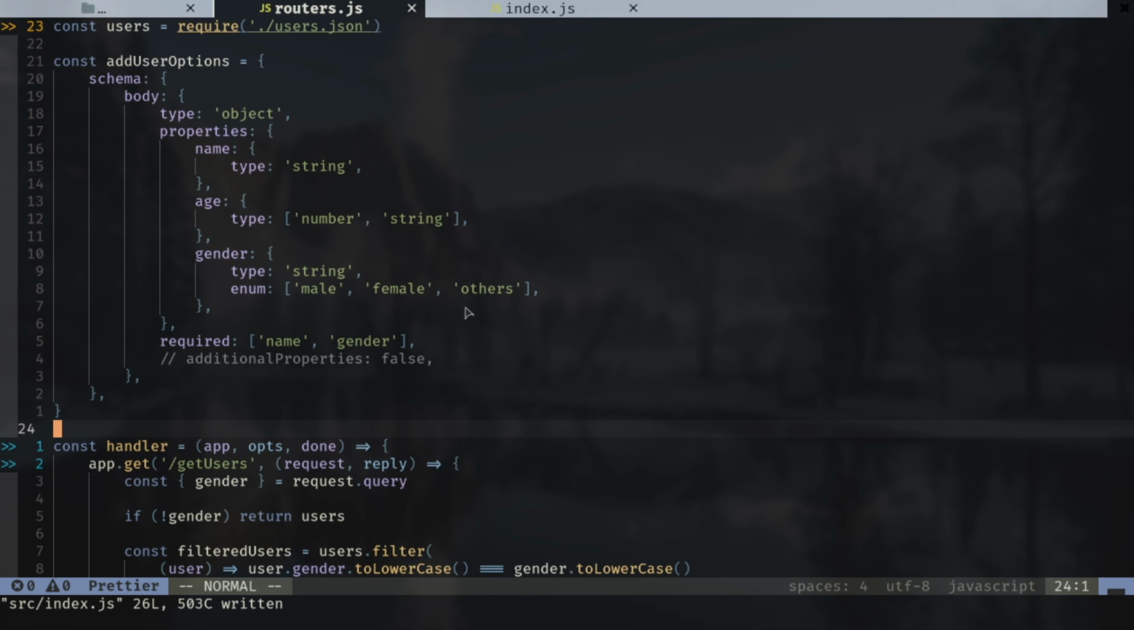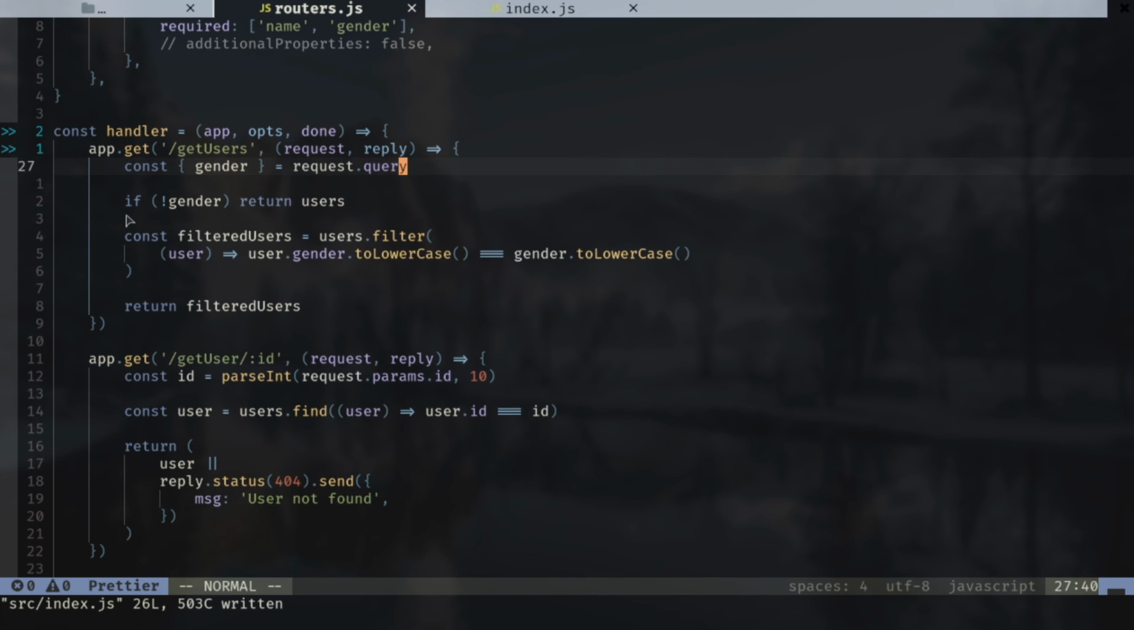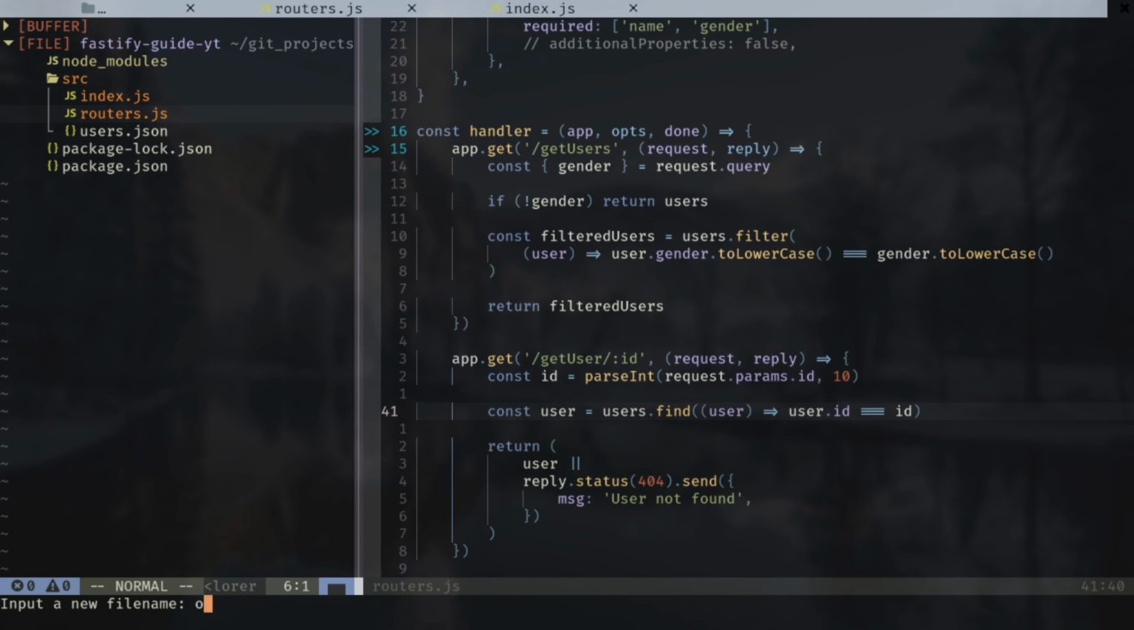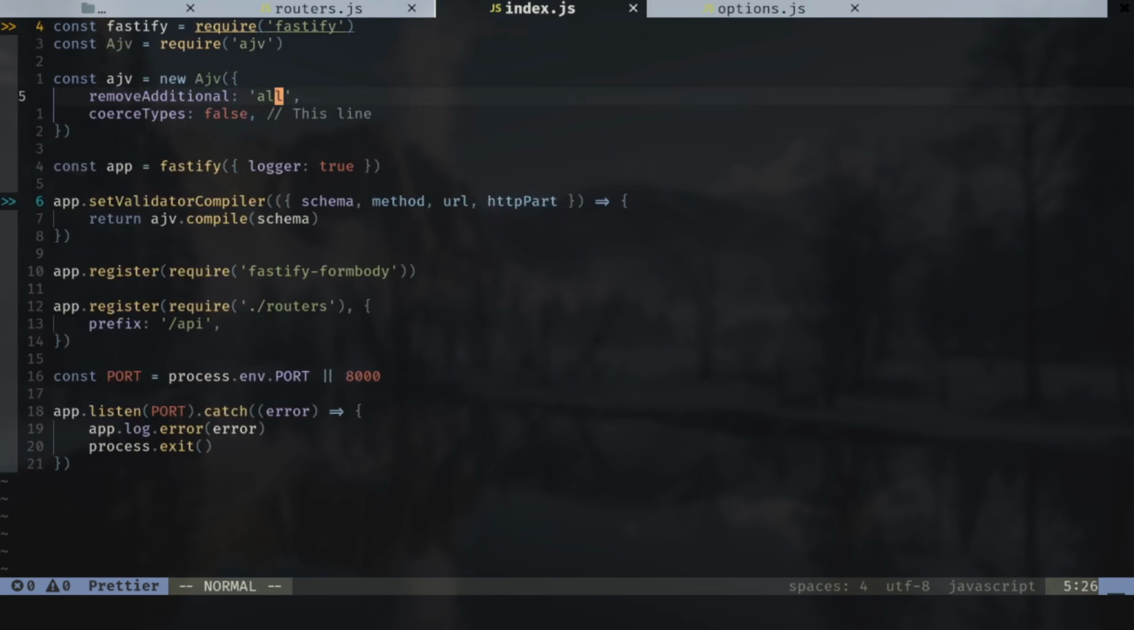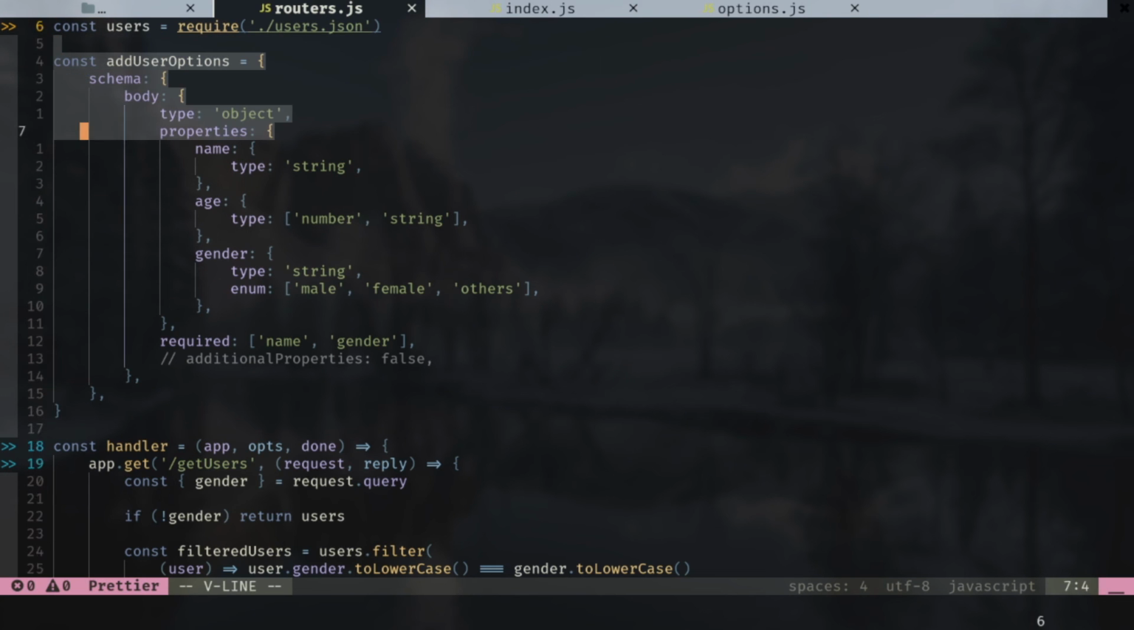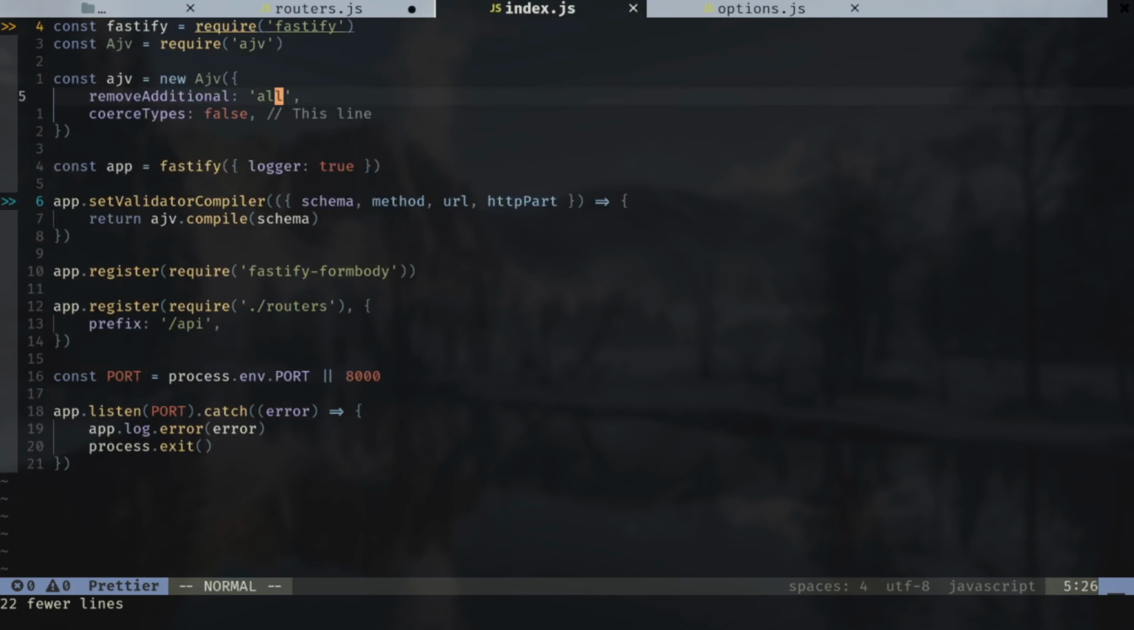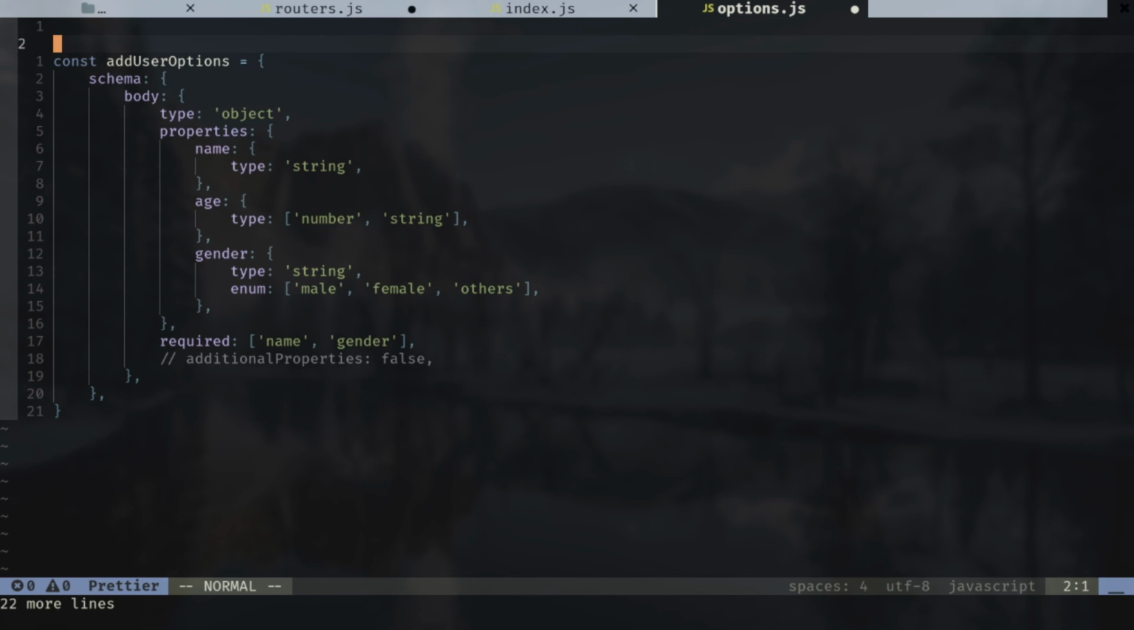You can see in the routers file, we have specified all of the options, then we have specified all of the handler functions. So it is kind of getting messier, but we can do much better than this to make our code clean. So I'm going to create two more files in the source directory. One will be options.js, another one will be handlers.js. So let's go to options.js. So I will cut the add user options and I will paste it here, and let's just export it,